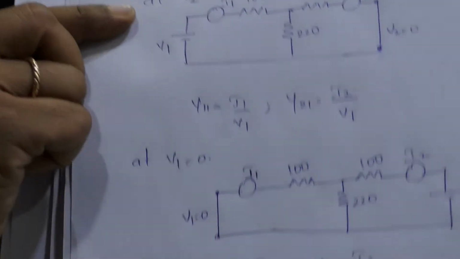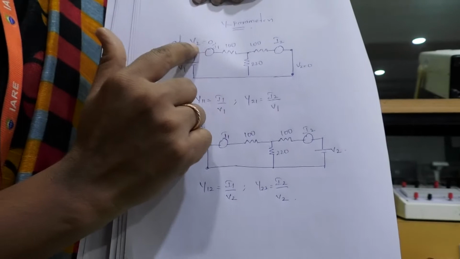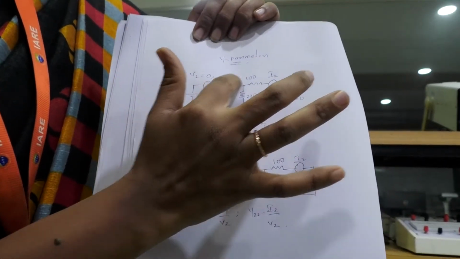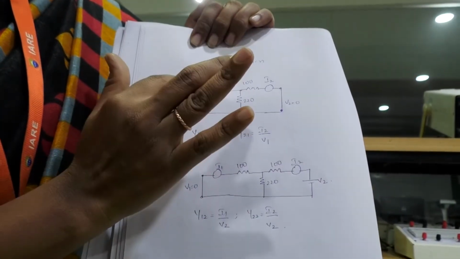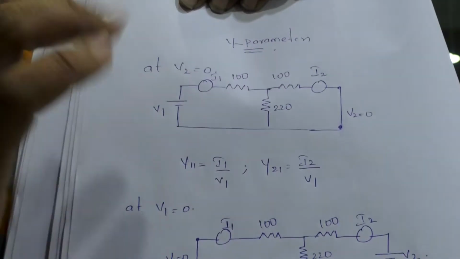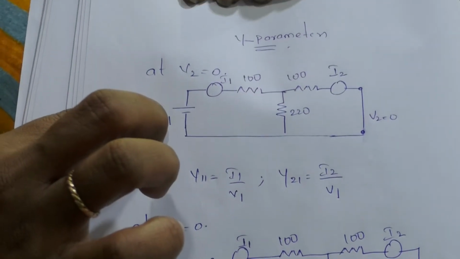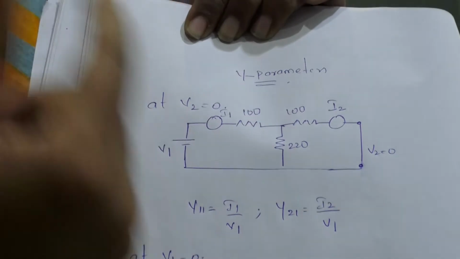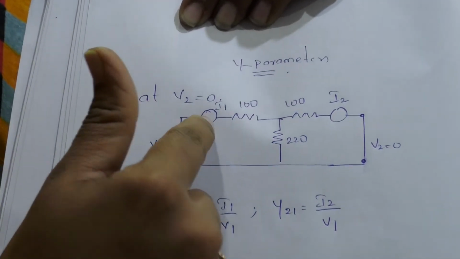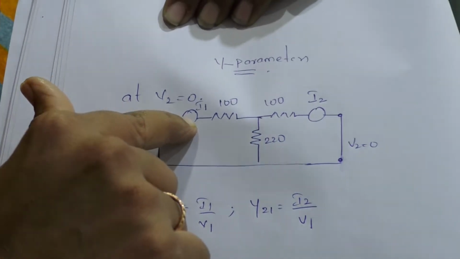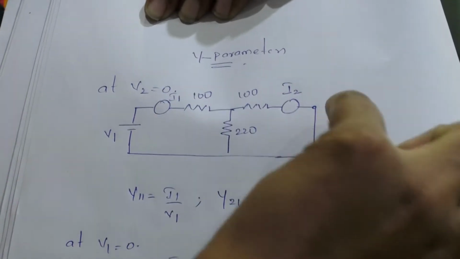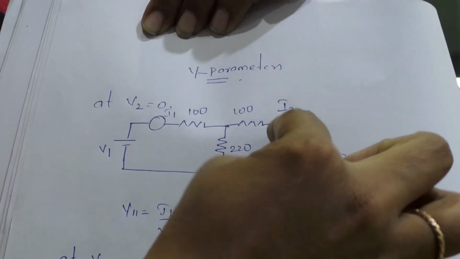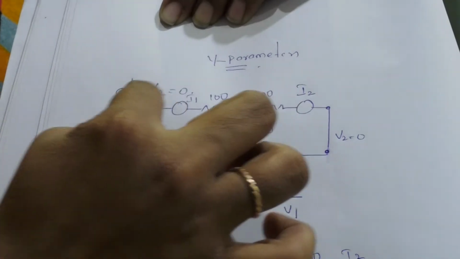So now this is the first case, the circuit for the first case. What is the first case? Here I am taking V2 equal to 0. These are nothing but the three resistors. Only V2 is 0, but the remaining values we will be getting. This is my V1, the value which we are going to set from the supply box, and this is I1, which we can see in the ammeter, and this is also I2. Only voltage is maintained 0, but current will be flowing. So therefore I2, I1 and V1.